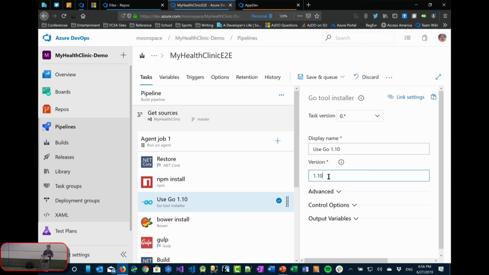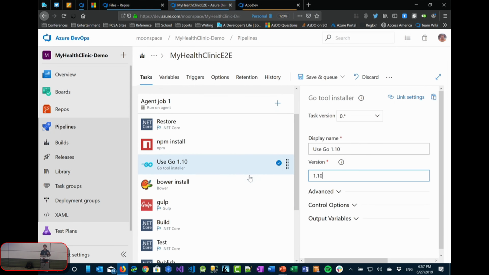Where we use that today, for example, is with Java. Even though we don't write code in Java, we use some tools that require Java, whether that's JMeter or whatever the case is. Rather than us trying to keep Java up to date on all of our build servers, we can just use the Java tool installer. Java is one of the ones there other than Go, and there's Ruby and so on. If you're using the hosted agents, that's really your only choice because you don't have direct access to them. You can't log in and install stuff and then use them. So you have to go this route. That's a really cool feature.